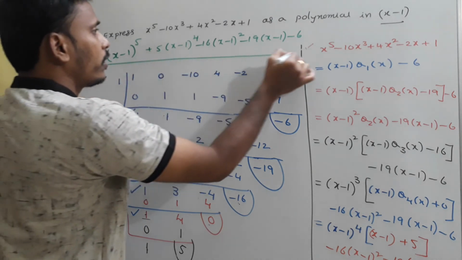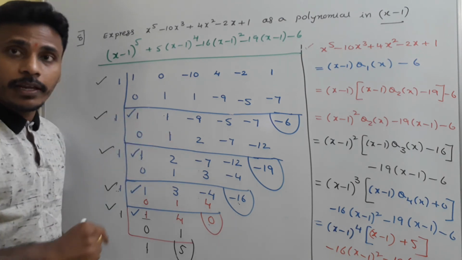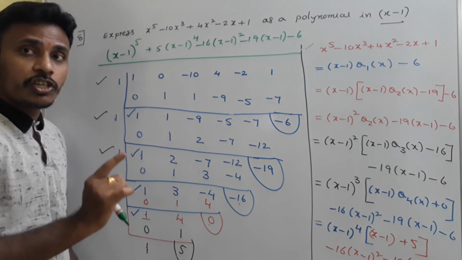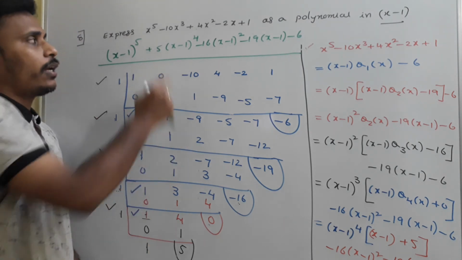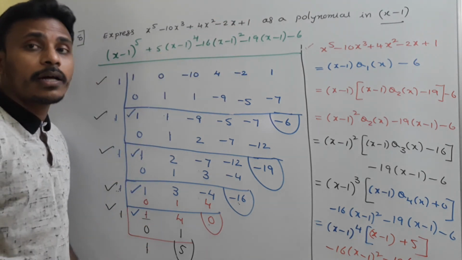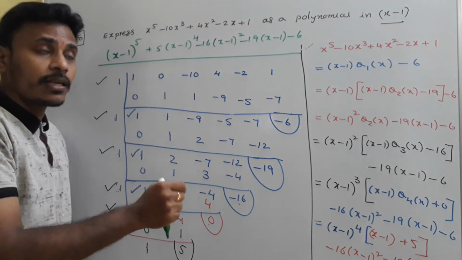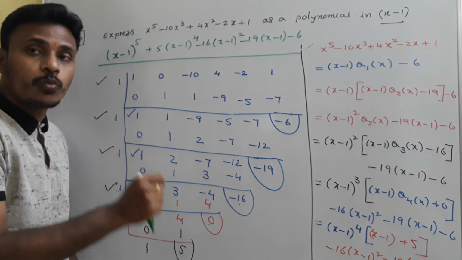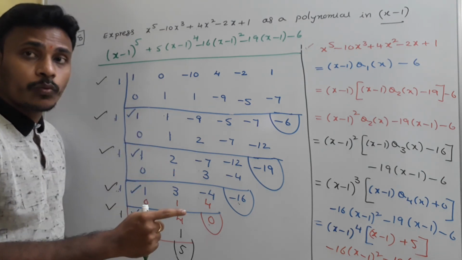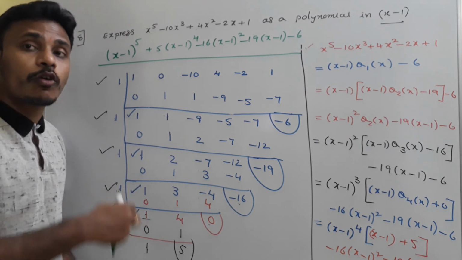Just look at this. This is the given polynomial in terms of x minus 1. Actually these two are equivalent. You just take x equals to any number in the first polynomial or this last, newly formed polynomial. You will get the same answer. These two are the same, but here it is in terms of x, and this is in terms of x minus 1. So expressing a given polynomial as a polynomial in x minus 1 means we need to find an equivalent polynomial but in terms of that x minus 1.